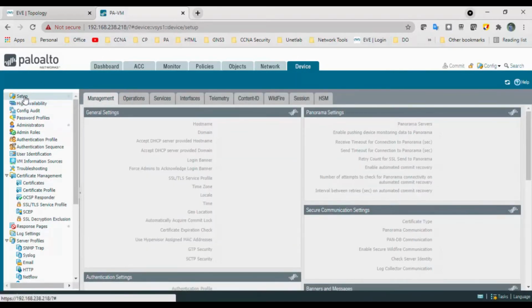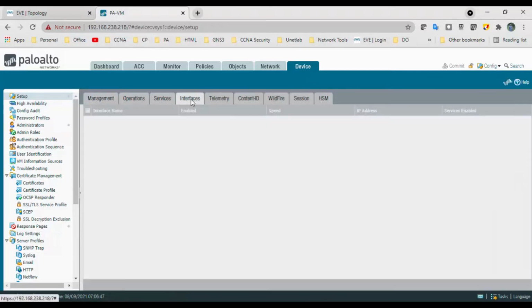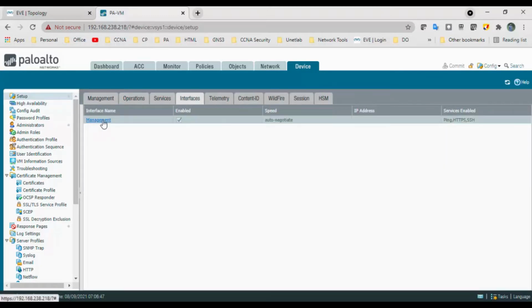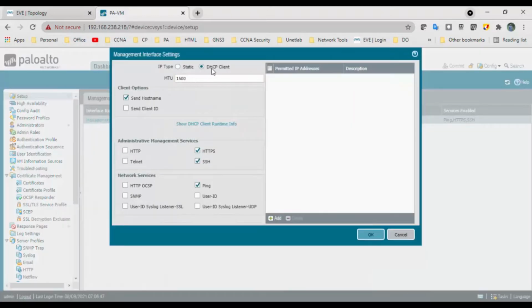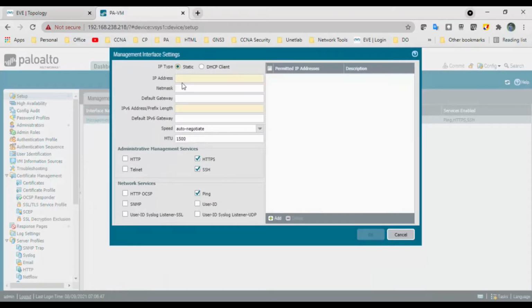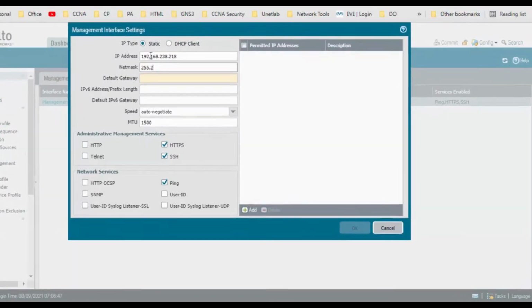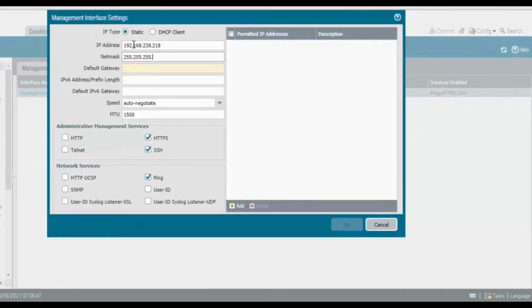Go to the device setup, then interface, and here is the management interface. Instead of DHCP, select static and assign the same IP address, that is 192.168.238.218 with a /24 subnet mask, and default gateway is 192.168.238.2.